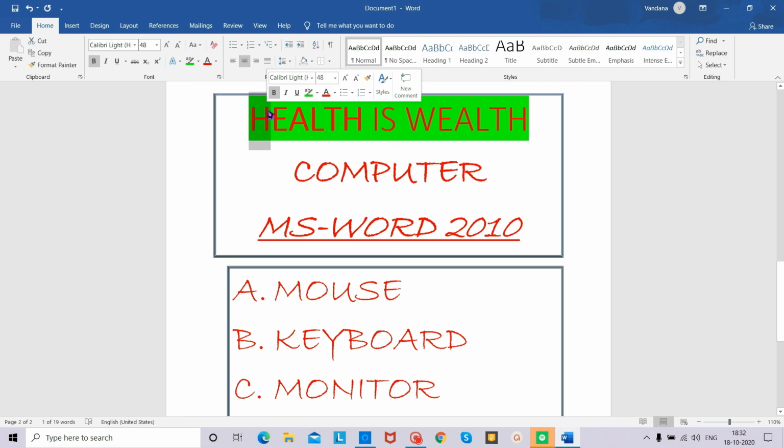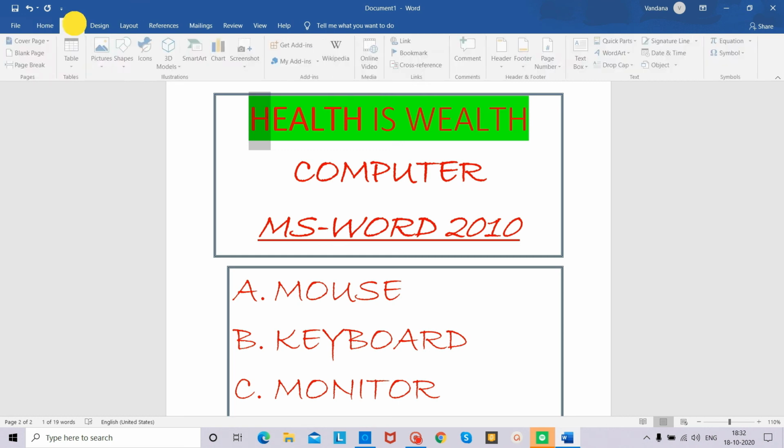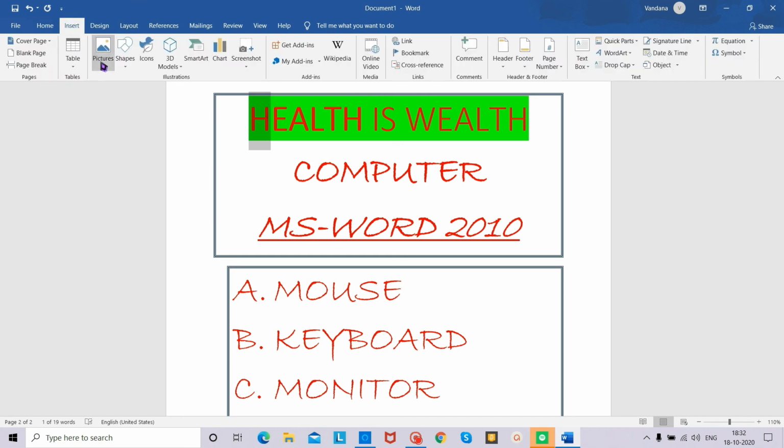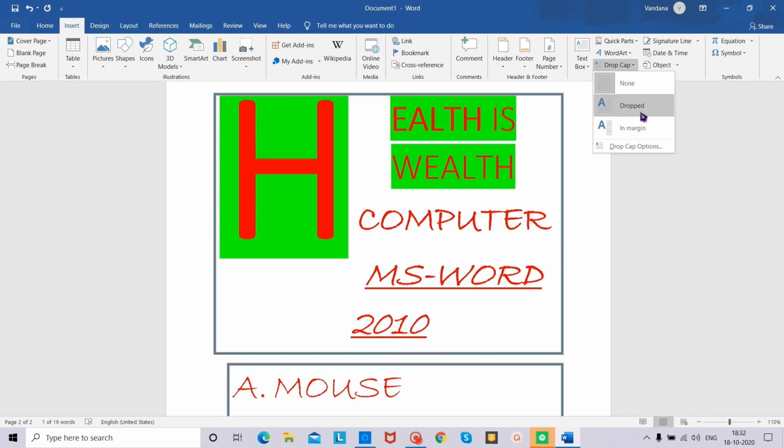Then click on the Insert tab and select drop cap. You can see here drop cap is there. I have clicked on the arrow button in the Text group. Select a drop cap style from the drop down menu.